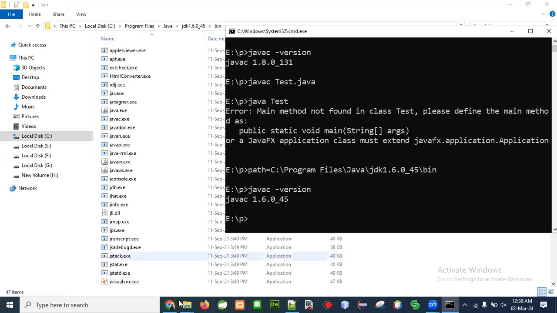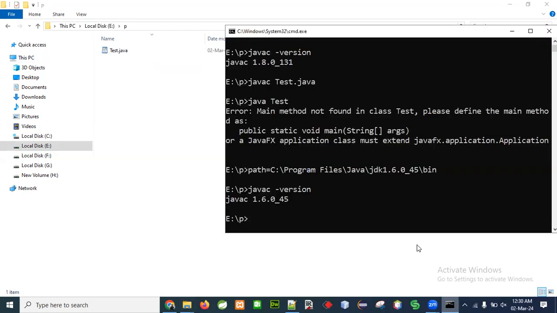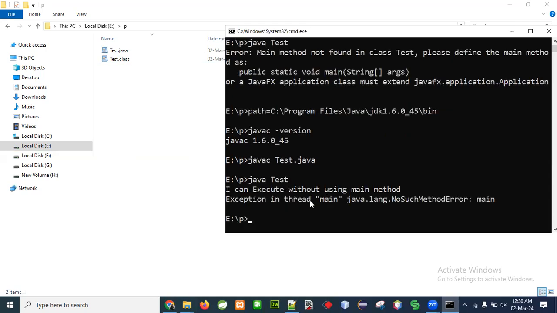So once again, in the E drive and P folder I will delete the previously compiled file. Now once again we will say Java compiler, please start the compilation. Now compilation is fine, there is no error, and now we will start the execution of the Java program. Java Test. Now the Java interpreter will start the execution. You can see the static block getting executed. So it means we can start the execution without using the main method